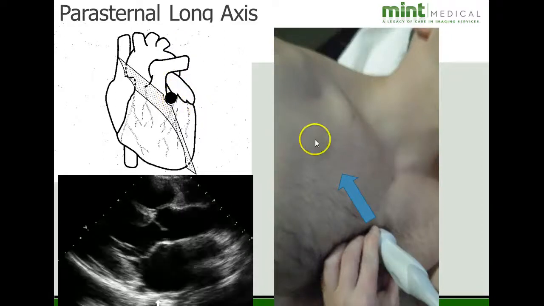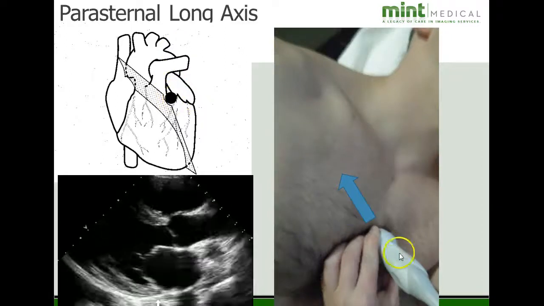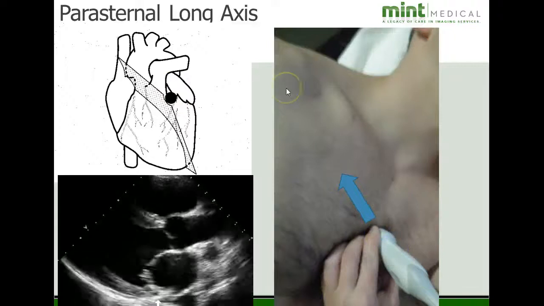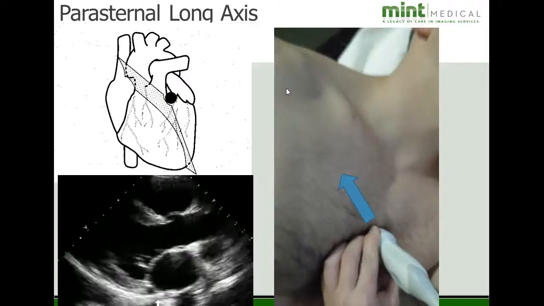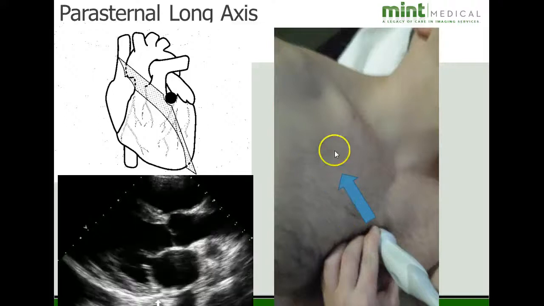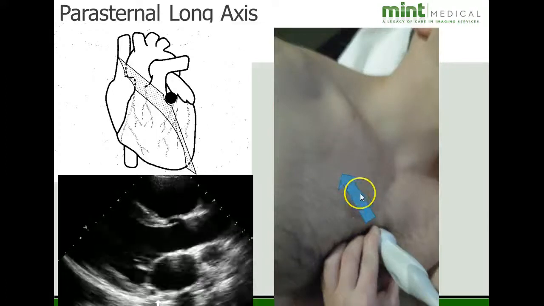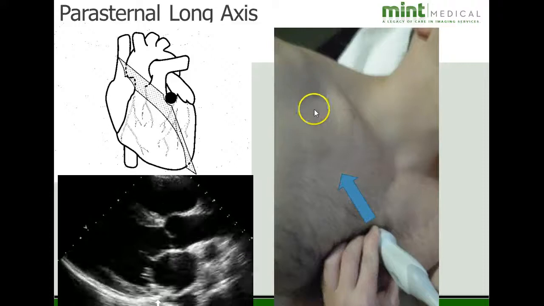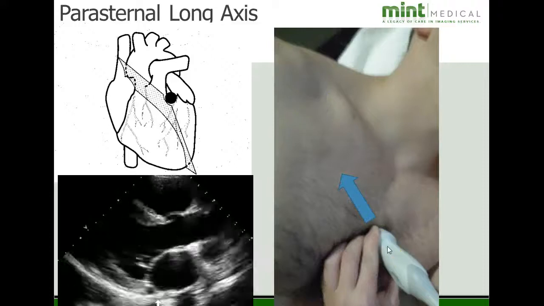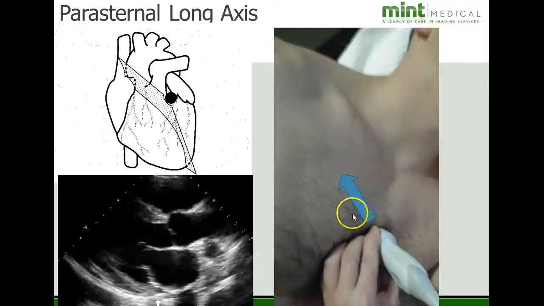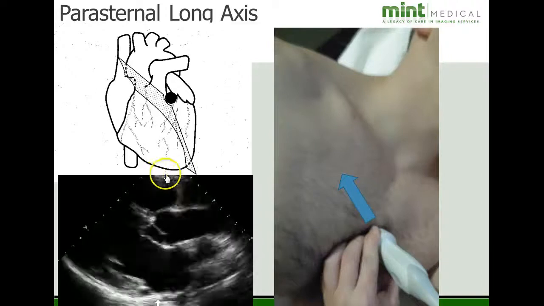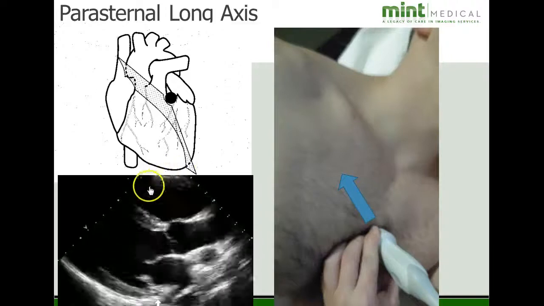Your indicator will be facing the patient's right shoulder. The transducer position is about 10 to 11 o'clock, facing the patient's right shoulder, and once again, looking anterior to posterior. In this view, your first structure you'll see will be the right ventricle,